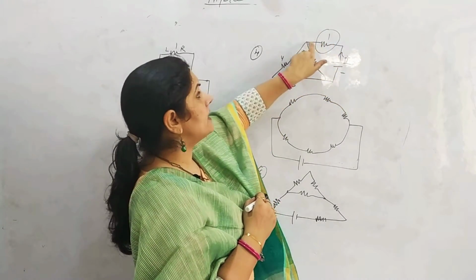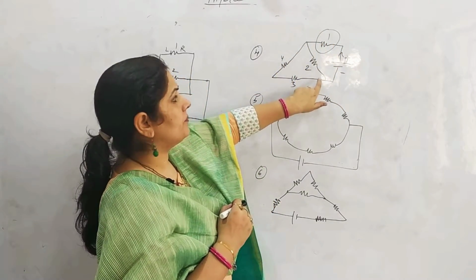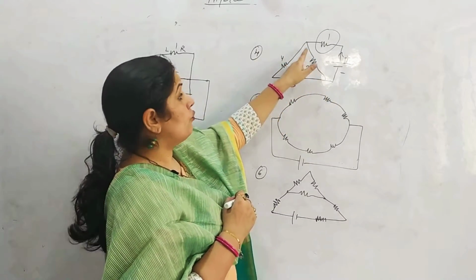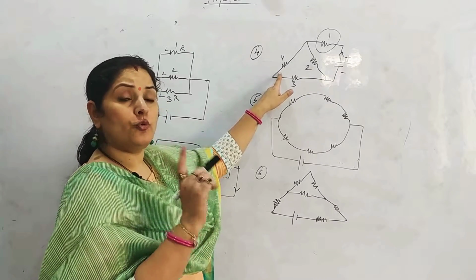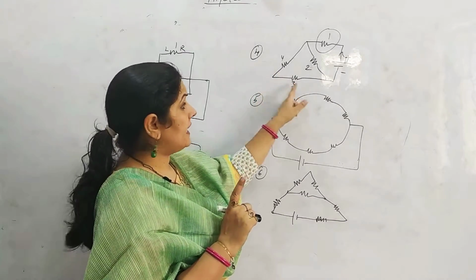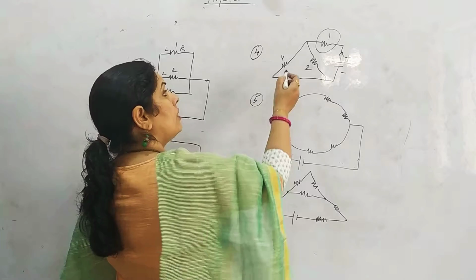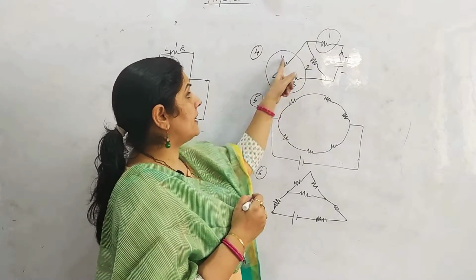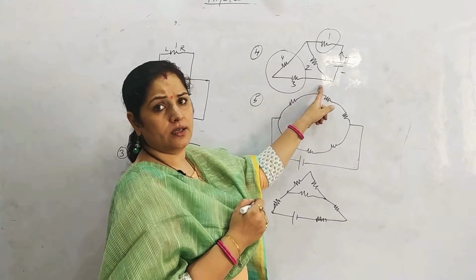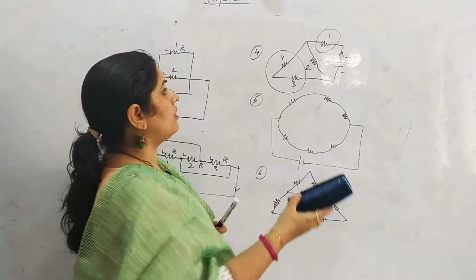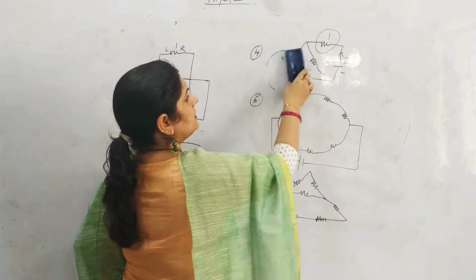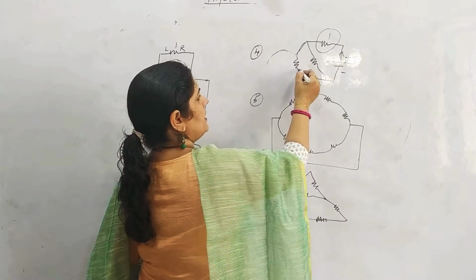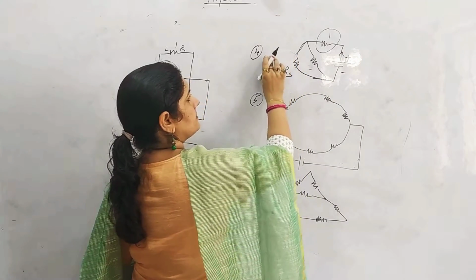So the current divided from here, went into 4 and into 2. The current that went through 4 is the same current passing in 3. Whatever current is passing through 4 has only one way, and that is to pass through 3. So how to solve these two? These two are connected in series. Why series? Because the current that goes from here will go from here, right? And after solving the answer in series, the circuit looks somewhat like this. We solved this, and this is the answer in series.